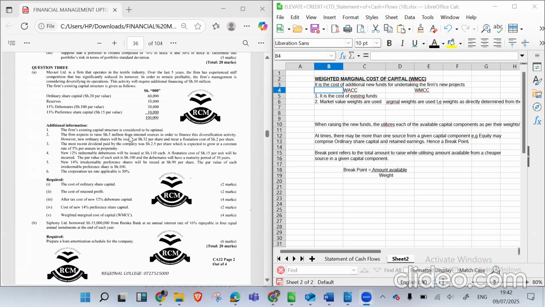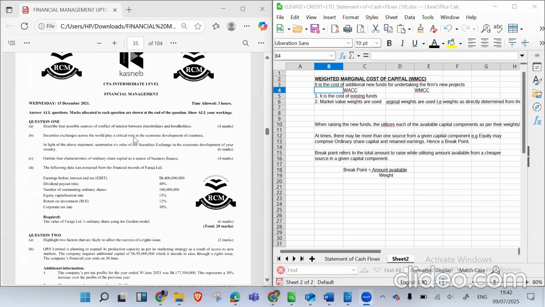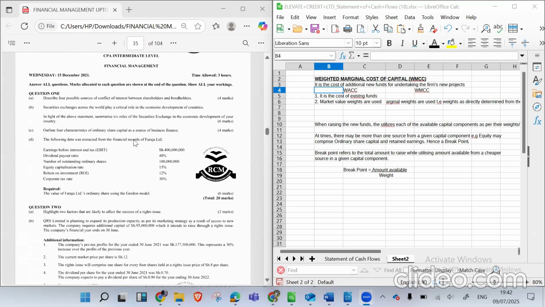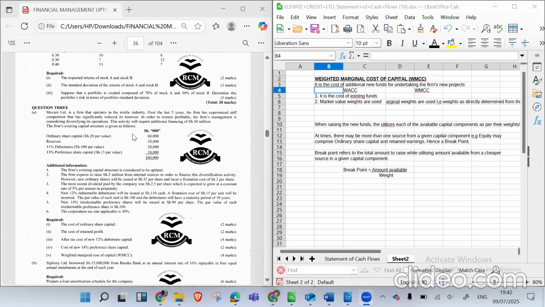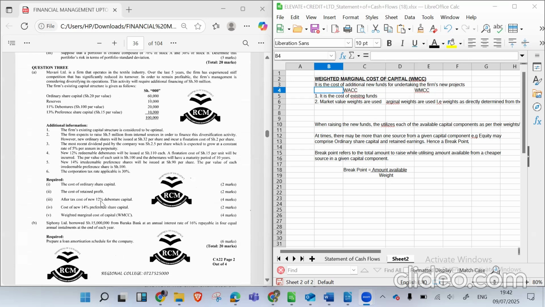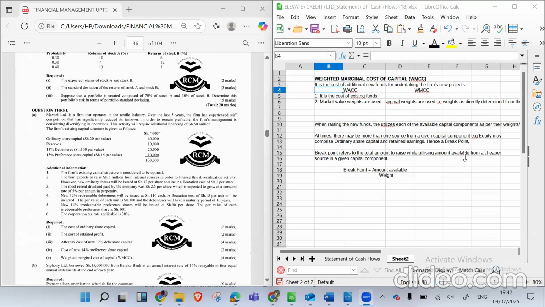There's WMCC here, question 3 of December 2021. Even as we analyze it, I want us to compare it with the WSCC so that we understand the